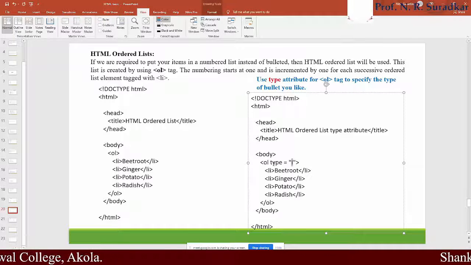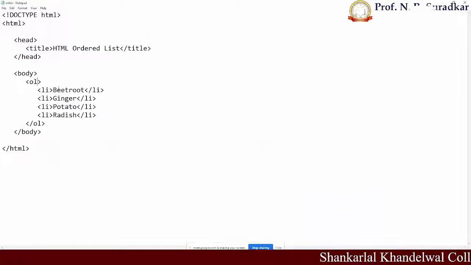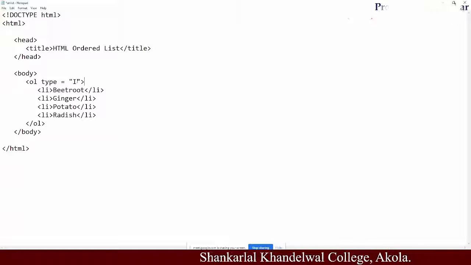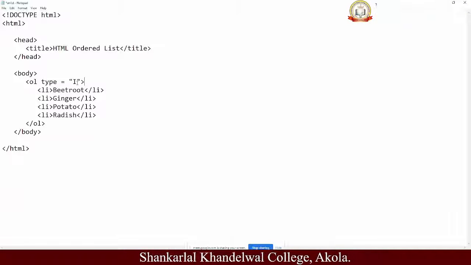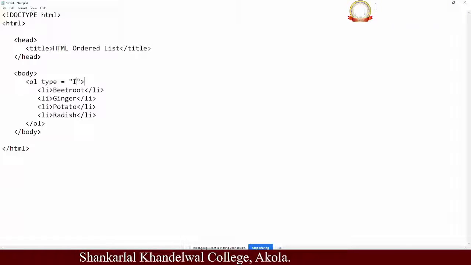Okay, I am only using type I. Type is equal to, go into the program, put it in between the opening ordered list tag, paste here. I want to put all this content into the numbering format, but the numbering format may start with the Roman type.